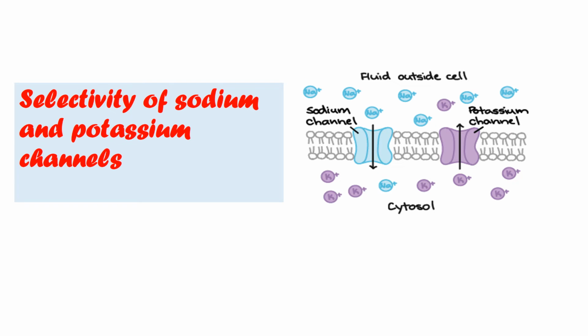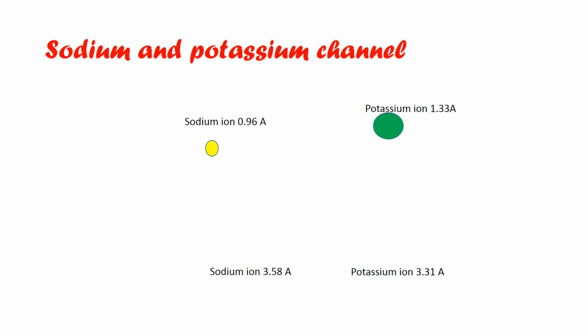Now that we know that the selectivity of an ion channel is based upon the diameter, electrical charges, the property of gating and selectivity filter, let us understand with the example of sodium and potassium ion channels why a sodium channel only allows the entry of sodium ion and a potassium channel only allows entry of the potassium ion. So why are these channels specific and selective for a particular ion? So first we start with this slide.